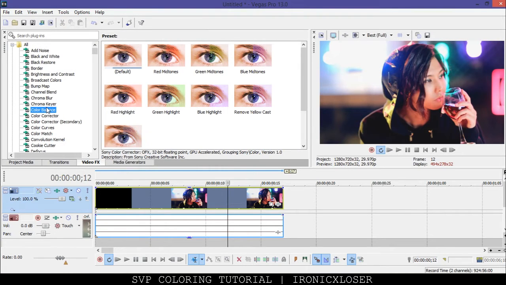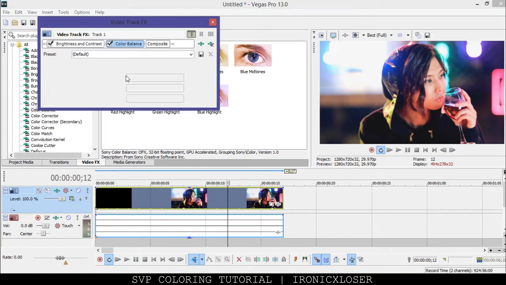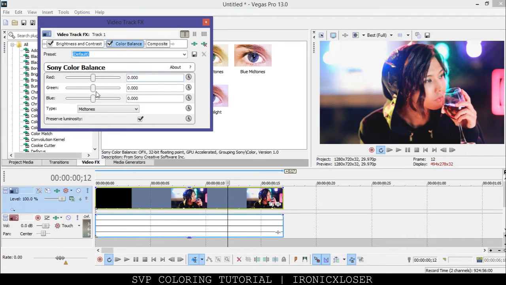Next, I want to go to maybe a color balance, so default as always, and you can just adjust the color balance to the video. What I tend to do is I just play with my settings, and whatever comes out I keep if I like it. With color balance, you can only do one at a time, I believe. If you want to do the other, you have to make a new color balance